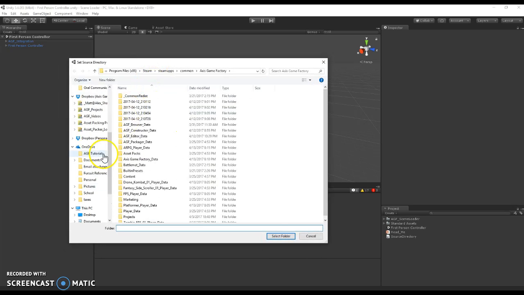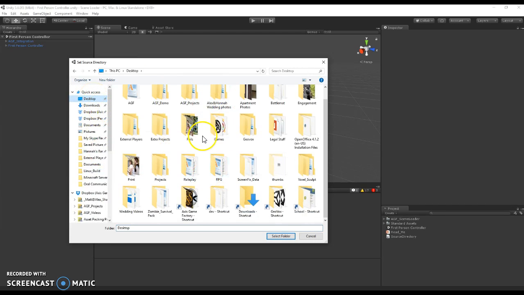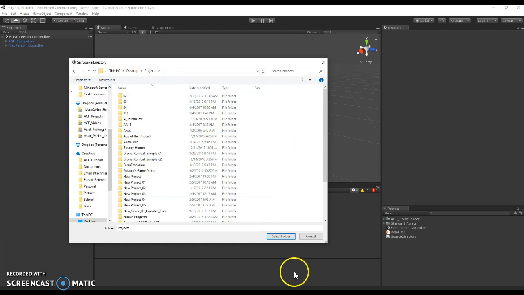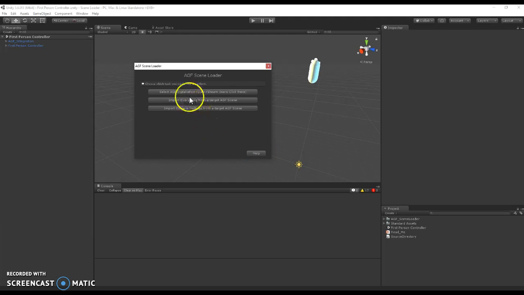So say I have a projects folder on my desktop. I could select that folder and it'll change the directory, so this is the folder that comes up each time. I'm not going to do that now. So I'm going to go back,